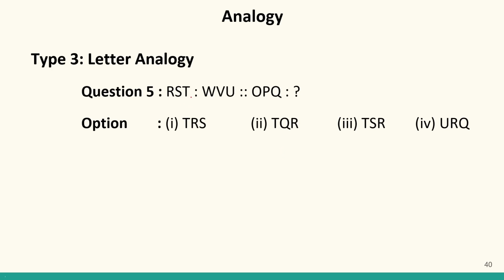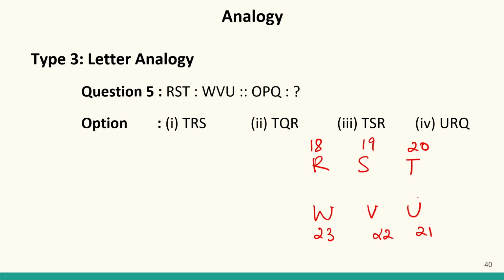Then let us look at this question. RST, WVU and OPQ. So from RST, we are moving to WVU. The position of R is 18, the position of S is 19 and the position of T is 20. The position of W is 23, the position of V is 22 and the position of U is 21. So here if I have to find the logic,